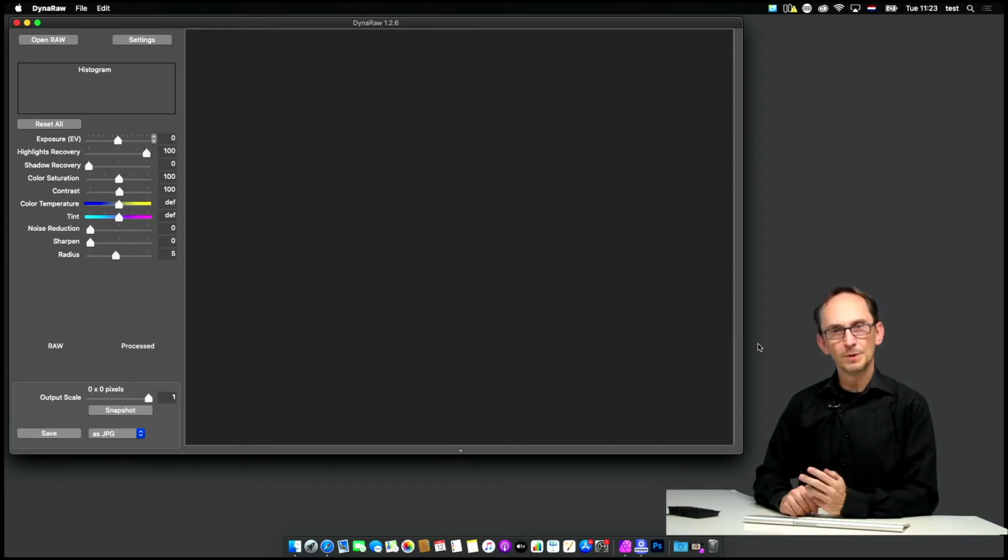The purpose of DynaRaw is obviously to convert raw files into something that you will use in the final application of the picture. And that particular file format can now be many more types of files. Previous versions just had JPEG and TIFF. Now we've added many more features. So let me first